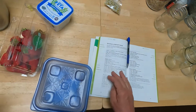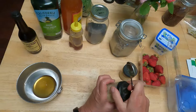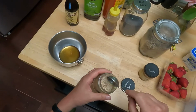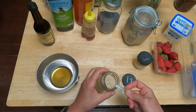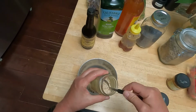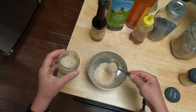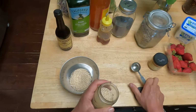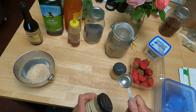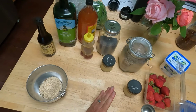Okay, I need 2 tablespoons of sesame seeds. This is fun. These are actually homegrown sesame seeds. I saw some seed for them in an Asian grocery store, and I thought, well, that'd be fun to try to grow. And the reason that sesame seeds are not commonly grown in a home garden is because they continue to grow